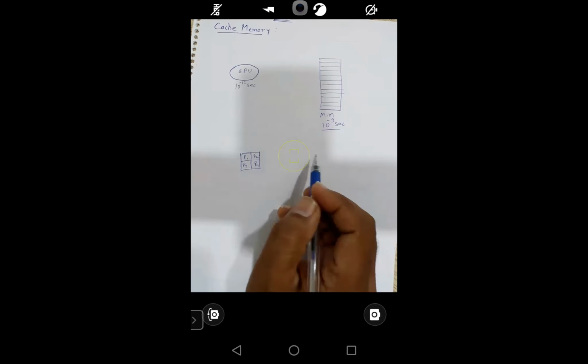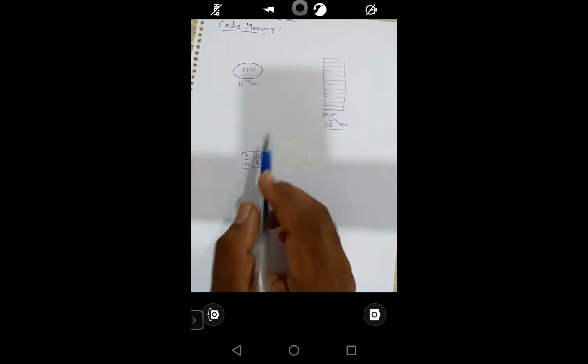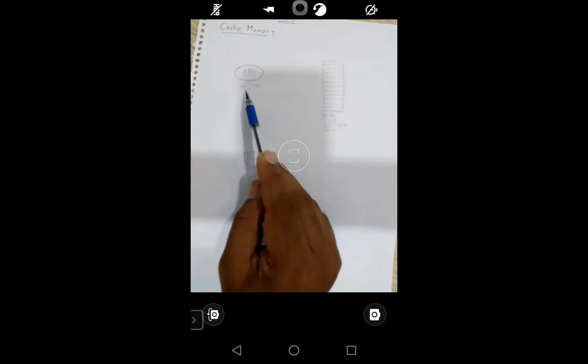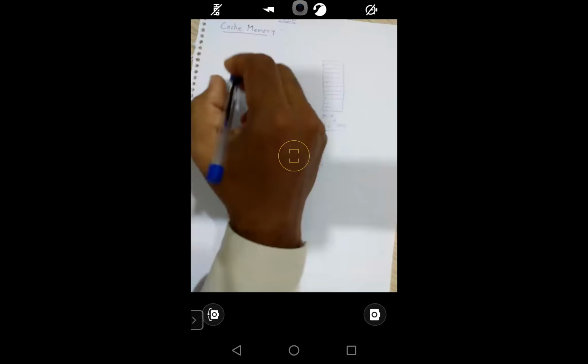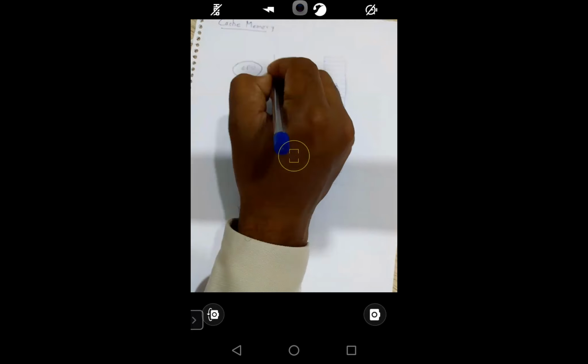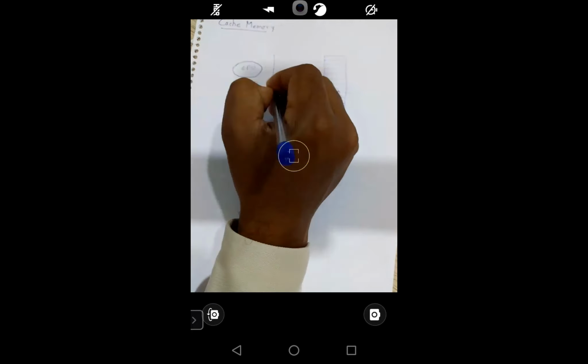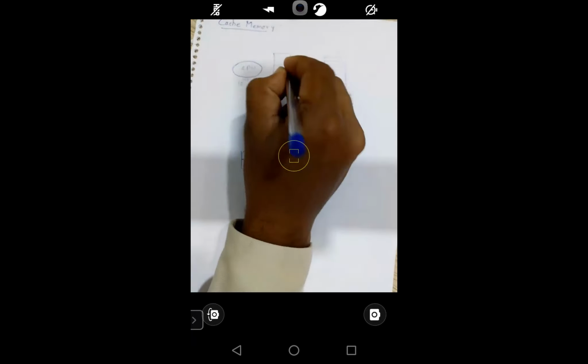So even though today's DDR is working at the speed of 10 raised to minus 12 per second, still you will find there is a cache memory. So again, here there is another level of memory, that is a cache memory. So this is a cache memory.